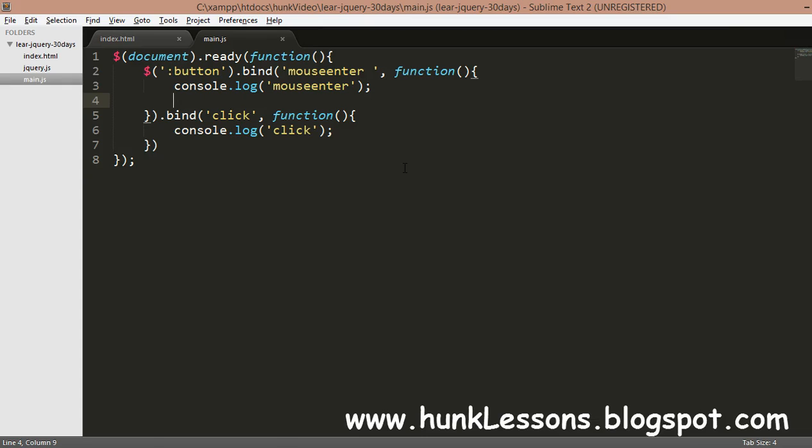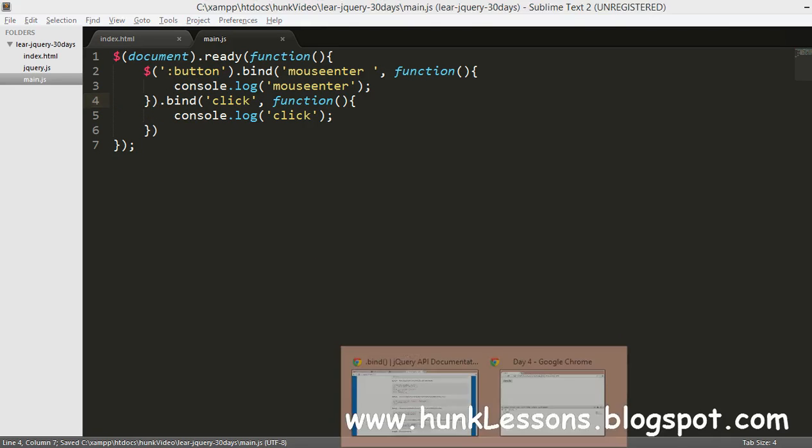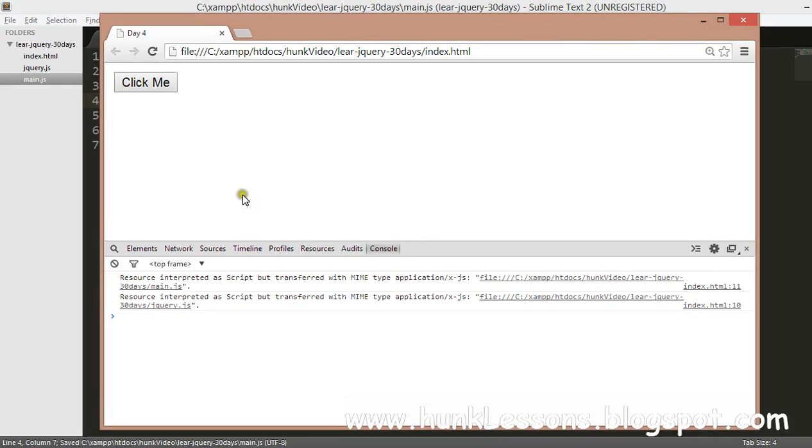That's why I will show you this method. Instead of selecting the button one more time, you can bind this event listener to the first button also. Refresh that, and if I go to the button, it says mouse enter, and if I click that, it says click.